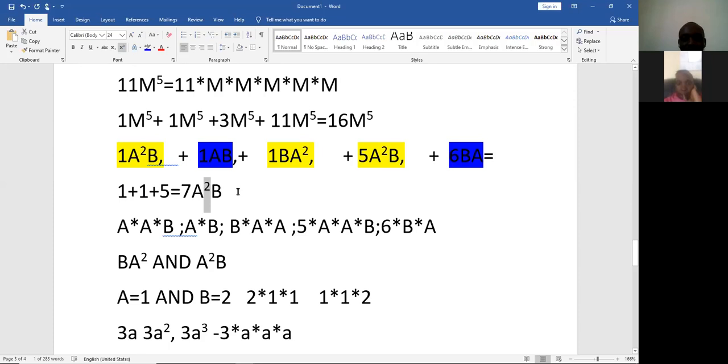And then I would have come to the other case and said plus. Now we have the ones in the bluish color, that is 1AB and 6BA. They mean the same thing because AB is A times B, which is the same as B times A. There's no difference there, like I've shown you here. So 1 plus 6 is 7, so it would have been 7AB. If you write AB or BA, there's no difference. So this is what you would have gotten.